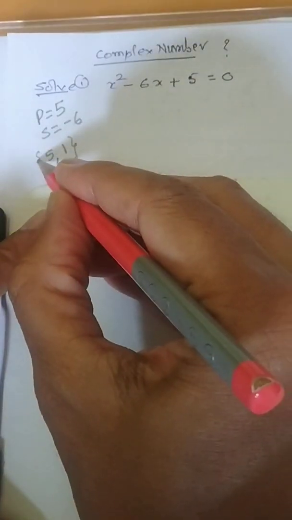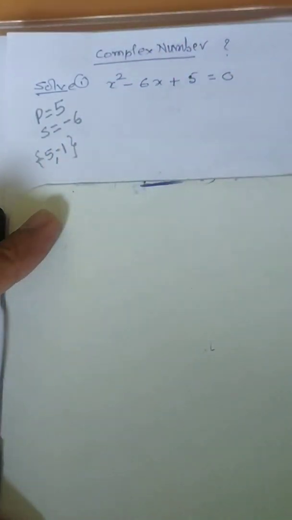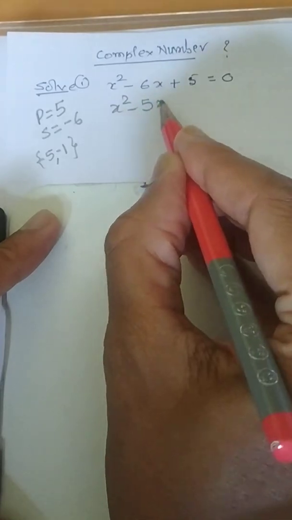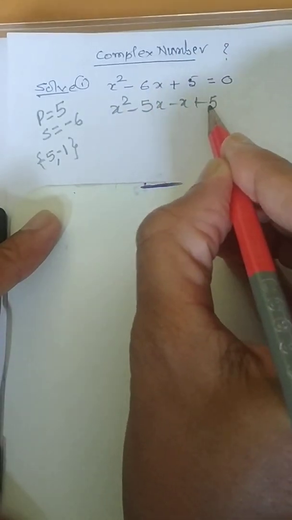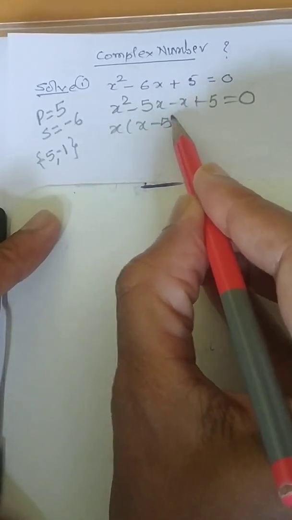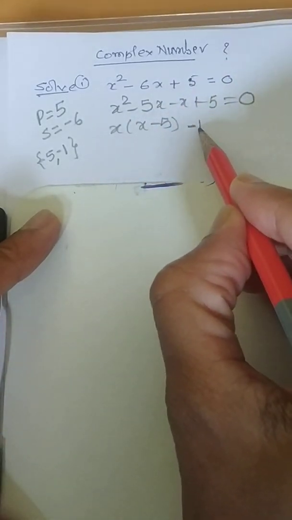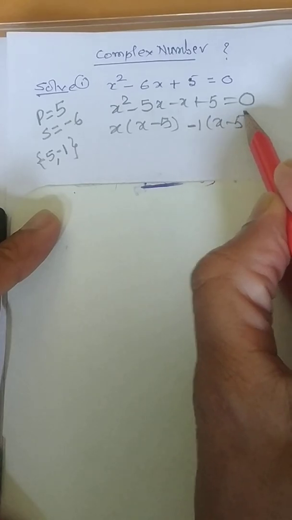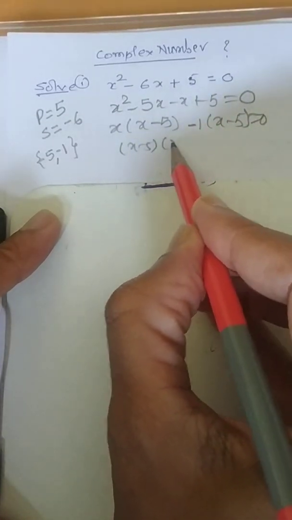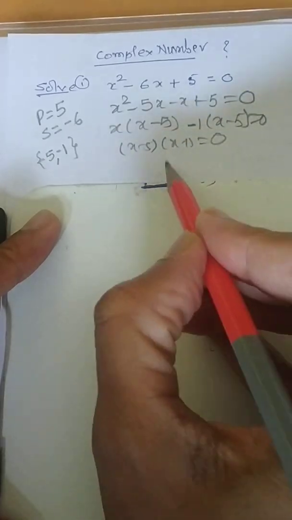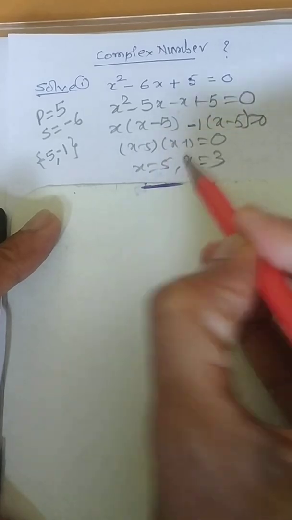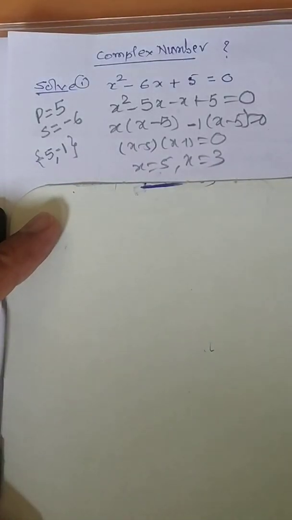So what I can do? I can write minus 5 and minus 1, and now it is possible to answer the question. x square minus 5x minus x plus 5 will be equal to 0. Suppose I take common, it will be x minus 5. Here it is minus 1 common, again it will be x minus 5. So you can have the answer like this, x minus 5 and x minus 1, then you do the simplification separately and finally you get x is equal to 5 and x is equal to 1, which is the solution of the question.